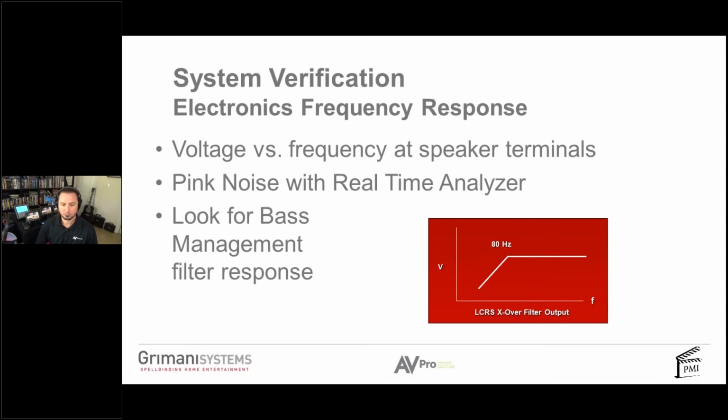And what this does is verify many, many different things. For one, it verifies that you actually did configure the crossover correctly. We've all been in front of menus where you pick something, you select it, and you don't realize that in order for it to really be selected, you had to hit the save button twice, walk backwards while speaking in Swahili and writing it down in Cyrillic alphabet somewhere. And I kid you not, sometimes it's that arcane to get these decoders to do what you want them to do. So here you're verifying not only that you've selected the right crossover for the subwoofer,